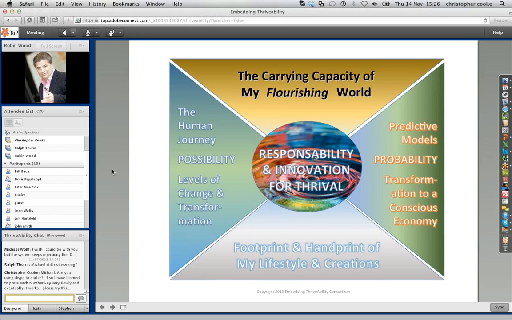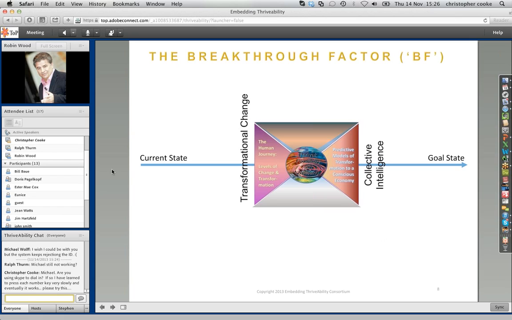And that's starting to happen, but it's still tiny relative to the weight of the money in the markets out there. So let's move on from that to the next slide and talk a bit about breakthrough,